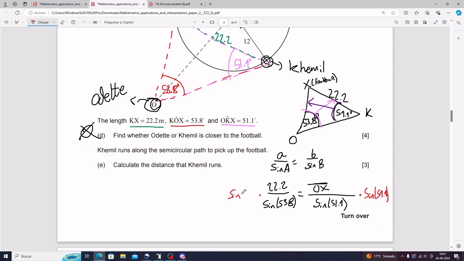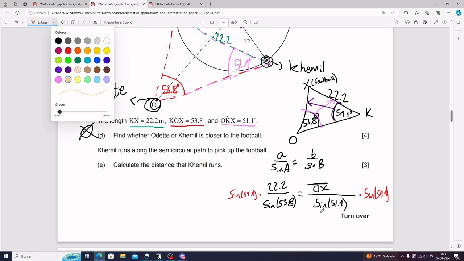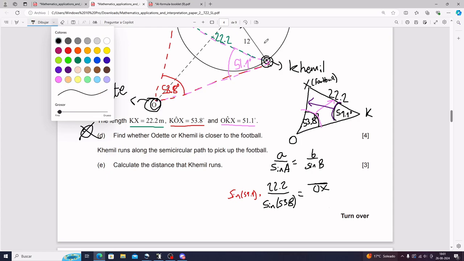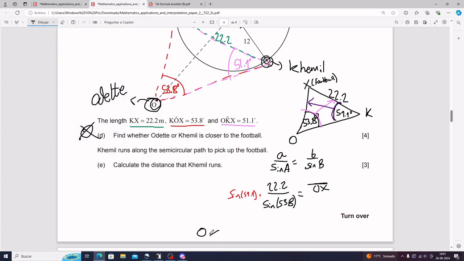Why would you do this in the first place? You do this because then this goes away with this, and you end up with OX as a distance being alone. Okay, so that is what you can plug into your calculator. That helps you find the distance of OX, which will be